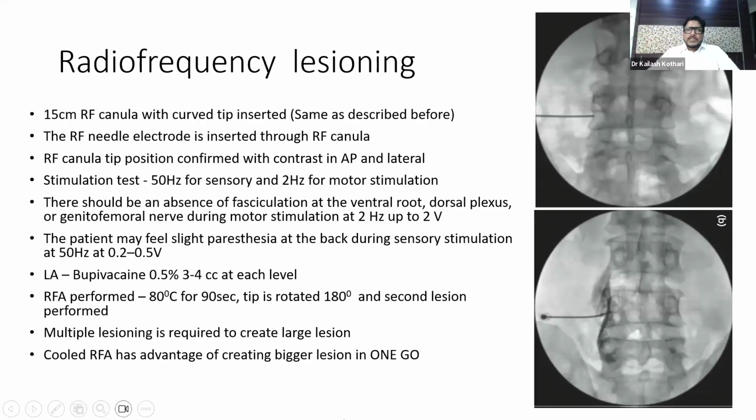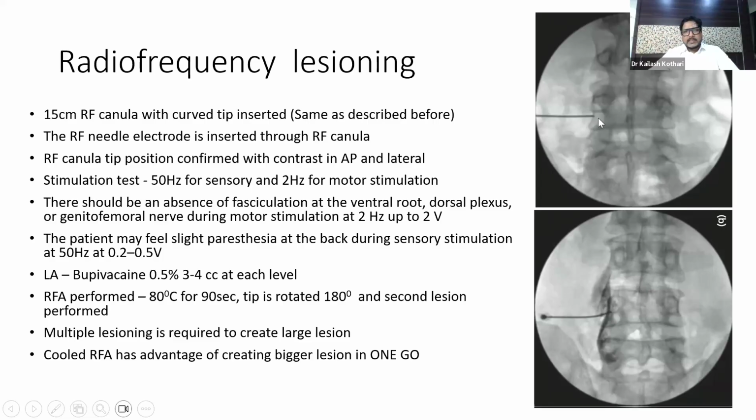Coming to radiofrequency lesion, the procedure is the same, needle placement is the same. What we use is a 15 centimeter RF cannula. We use a curve tip because you can use the curve tip to create a larger lesion, and usually we use 10 to 15 millimeter of active tip so that a larger lesion can be created. Once you